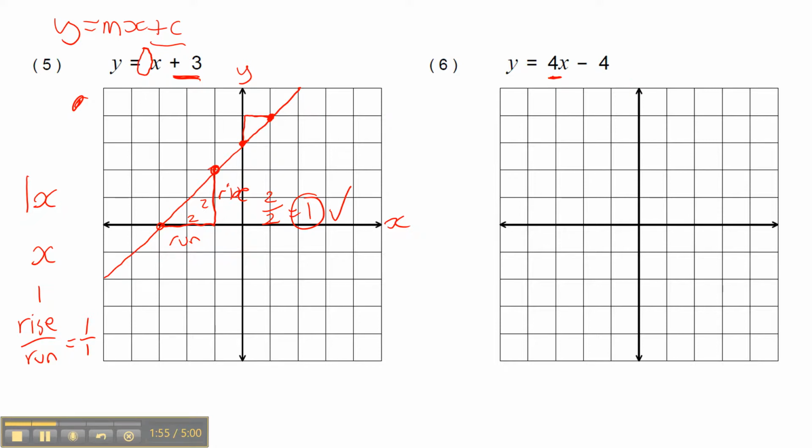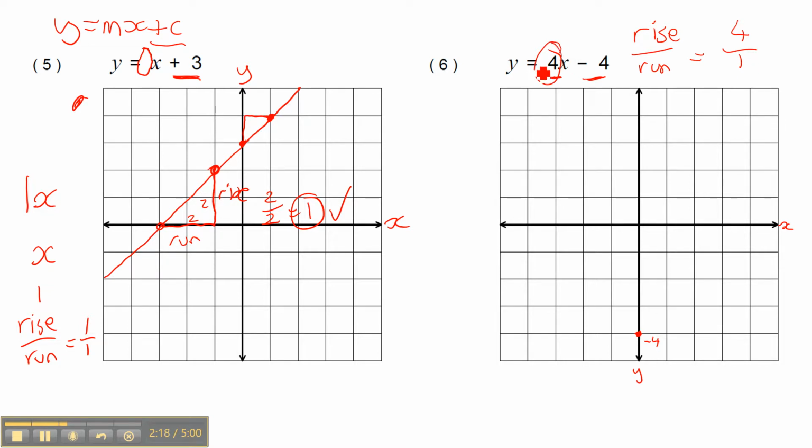So we'll quickly do this. The y-intercept in this case is minus 4, so we go to the y-axis, we go down to negative 4, which is here, and then we use the 4 for the rise over the run, which in this case is 4 over 1,